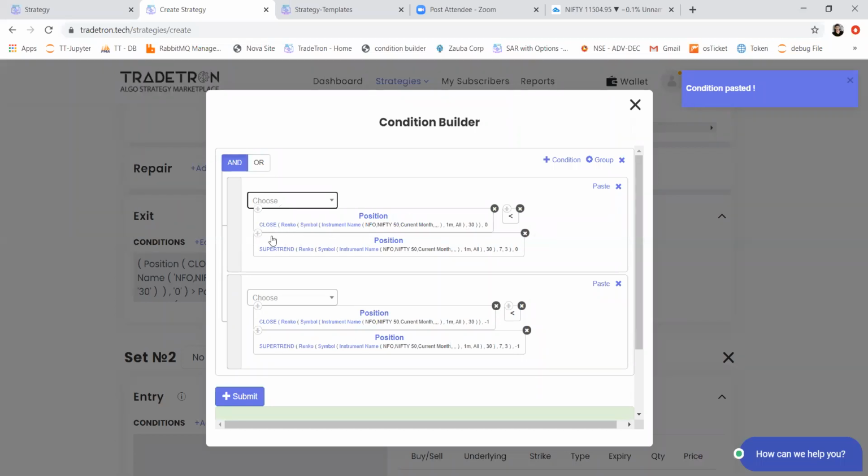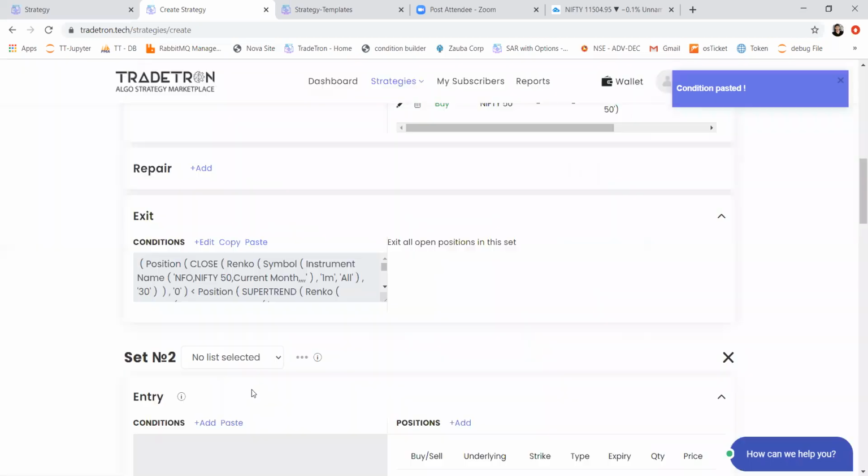So closes less than super trend and previous closes greater than super trend. Then we will exit from this position.